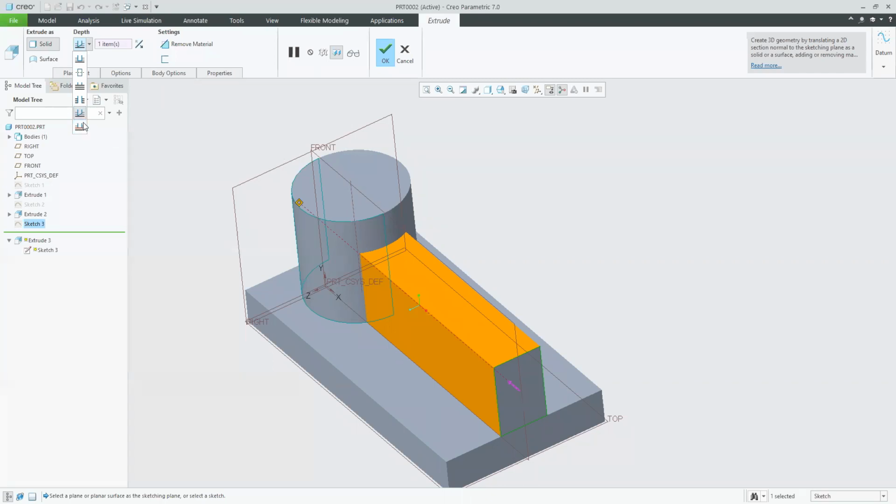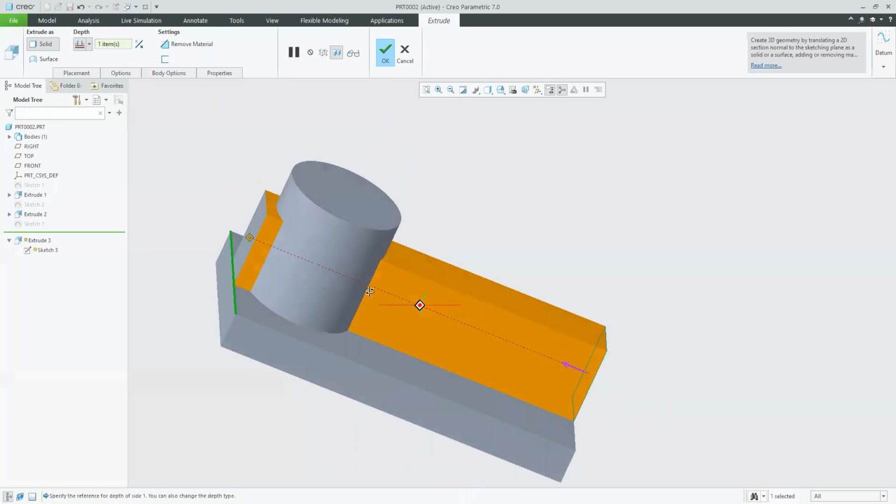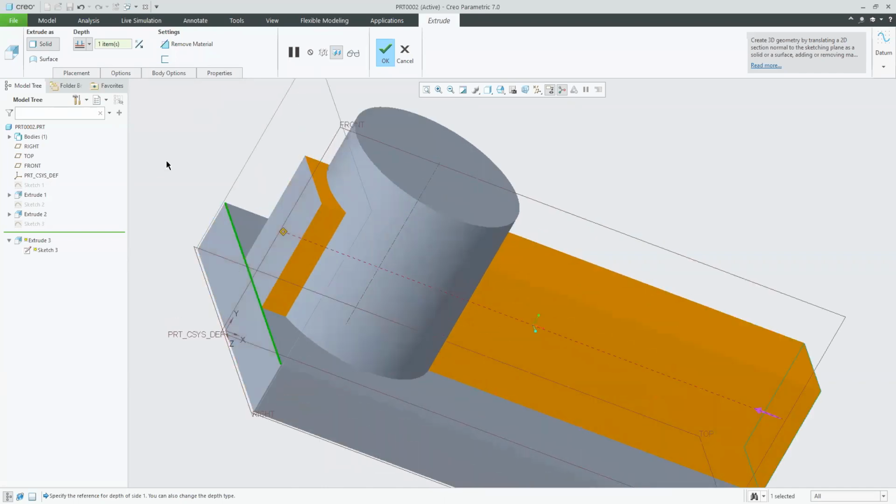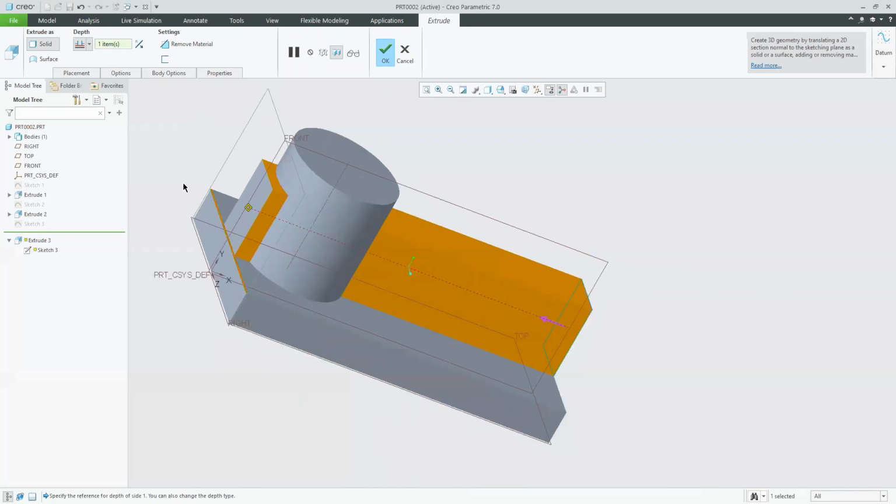For example, now if I am saying up to a selected surface which is this edge, it should actually go till there. See there. Understood the difference between both? Yes, it can go till the edge.